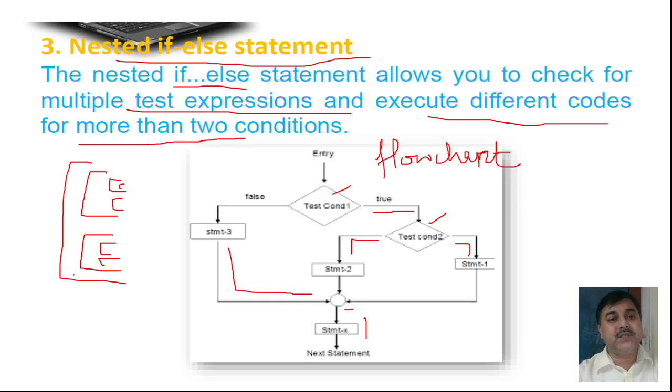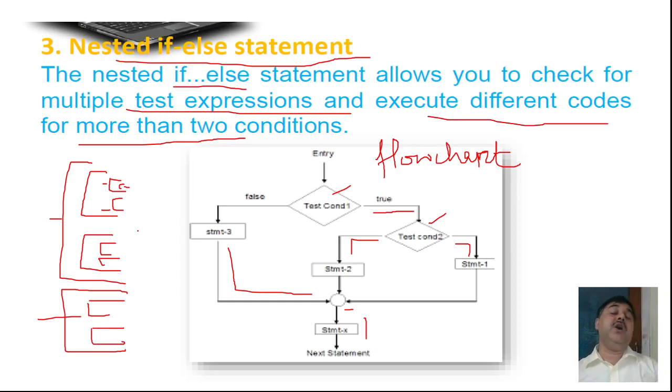That means this is the first if else statement. Under that, one will be your if part and one will be your else part. So this is the if section, this is the else section. Under this if section, the if has again been divided into if and else. Again this if can be divided further into if and else, and so on. This part also can be divided into more parts if required. So this is how we can find it when we have many loops.